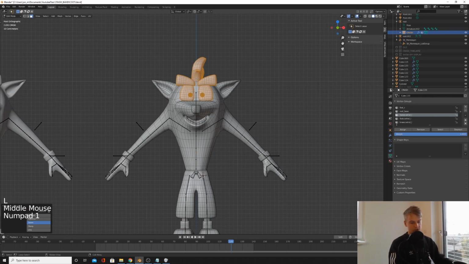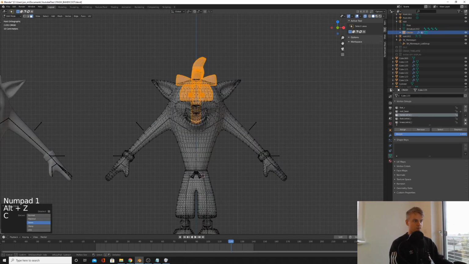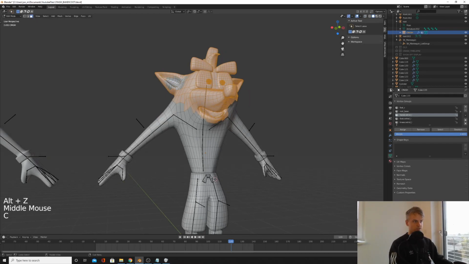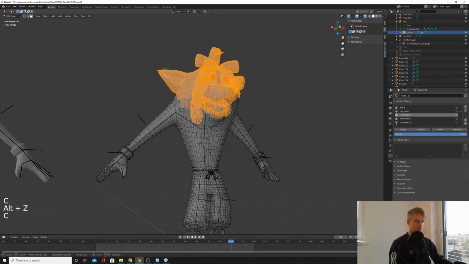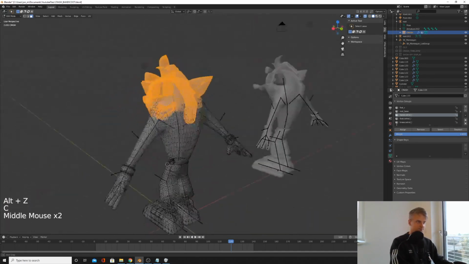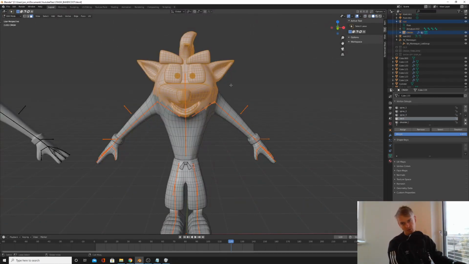Then I'm going to go to front mode, go transparent mode, and I'm just going to select all the nose, the ears,